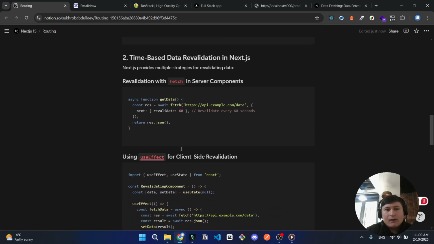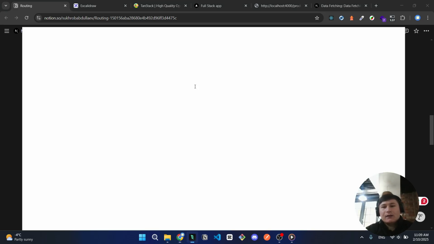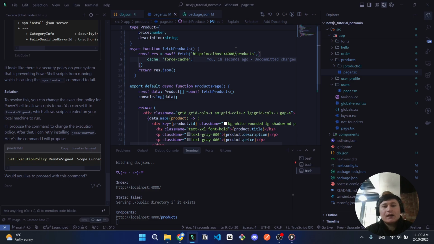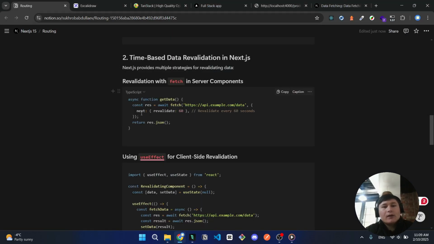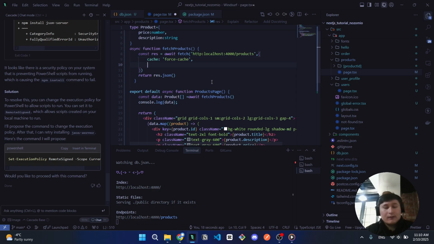Okay, and we're gonna focus on time-based data revalidation. What does it mean? On the server side, we use caching, right? Caching stores the data by default, and also next revalidate 60 seconds, revalidate every 60 seconds, right? What does it mean right here? Put that here, and